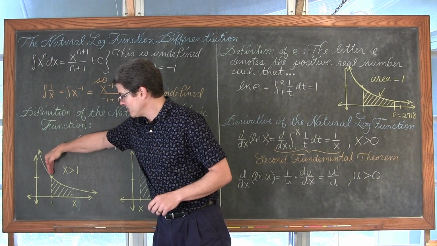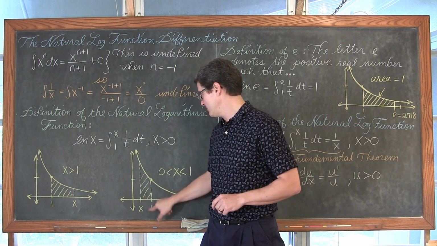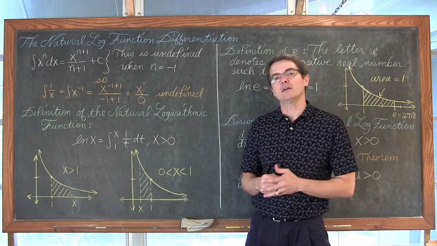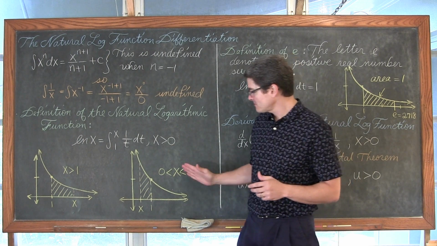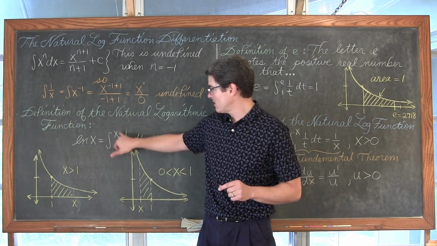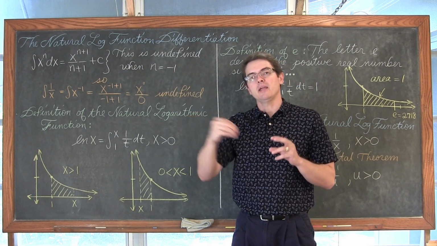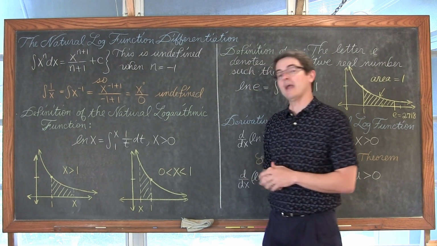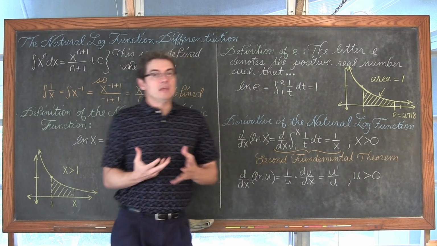If we find the definite integral where at 1, the lower and upper limit are both equal to 1, then our natural log of x is going to take on the value of 0. And then if we're to the left of 1, we still have an area, but because our lower bound is greater than our upper bound, and we talked about how you could switch those lower and upper bounds and create an opposite answer, it shows that the natural log function is going to be negative when x is between 0 and 1.